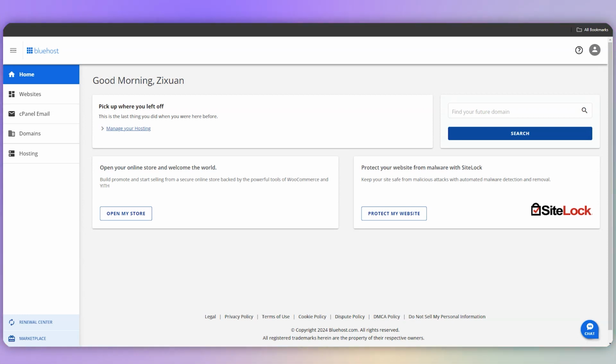My name is Imran and today we are going to talk about how you can upload files to Bluehost. It's a very easy tutorial if you follow every single step. So let's get started. First of all, once you log into your account, you might end up at